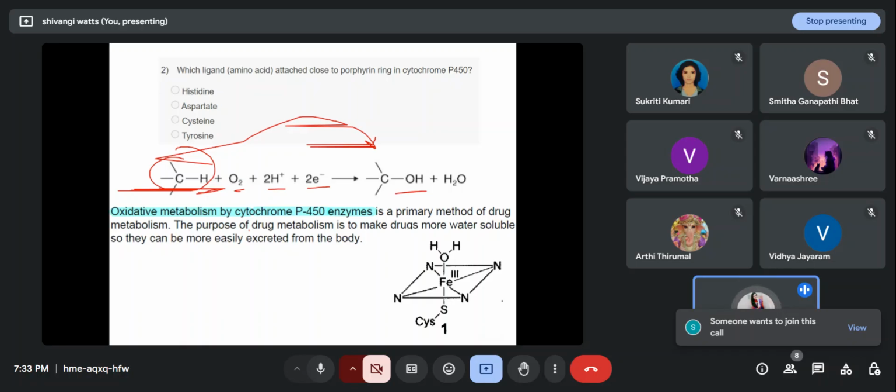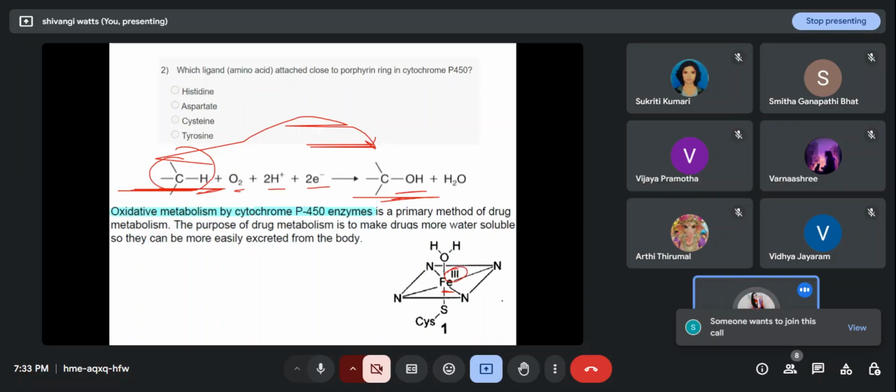The purpose of drug metabolism is to make drugs more water soluble, because this is not water soluble, but by doing this, this will become water soluble. So the purpose of drug metabolism is to make it water soluble so that they can be more easily excreted from the body. So this is the active site of cytochrome P450, in which iron is present in the +3